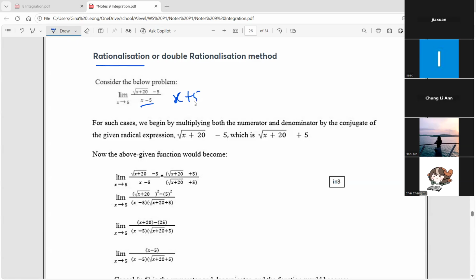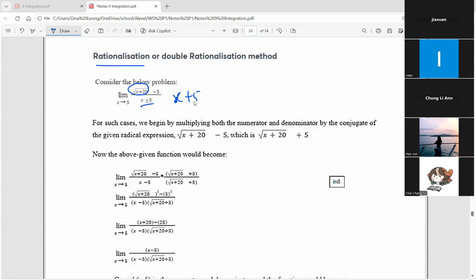If plus, then you become minus. Conjugate, they are opposite. So for this one, I need to multiply like this. It's not only this case, because you still have another one, which is